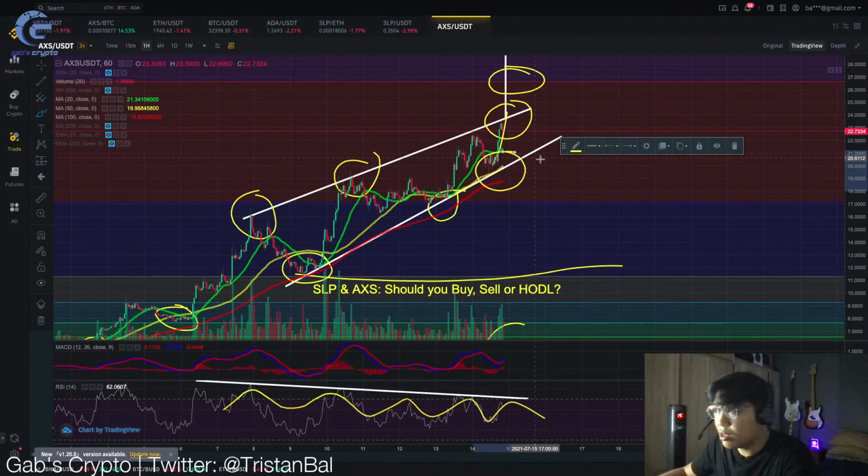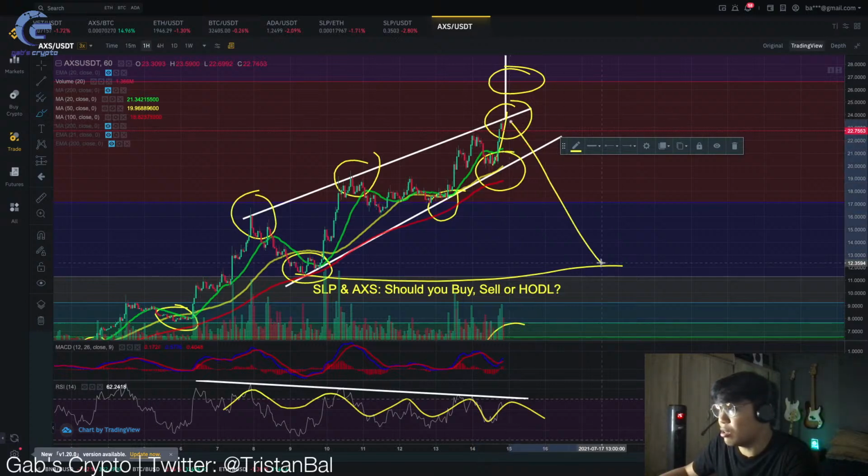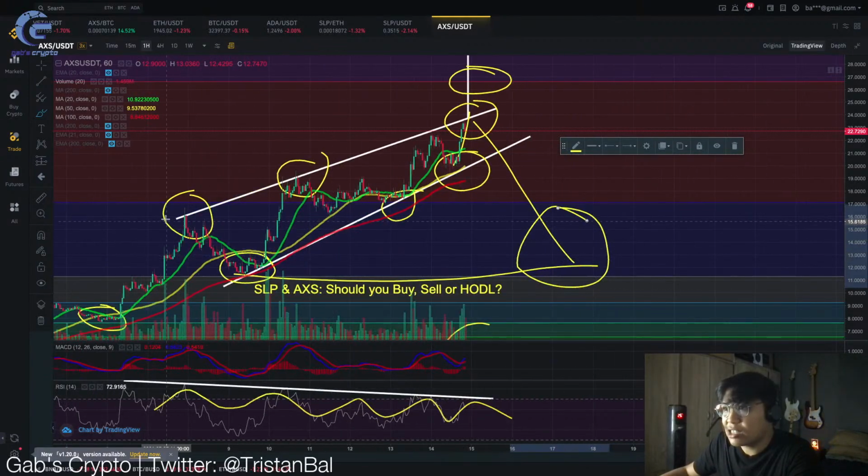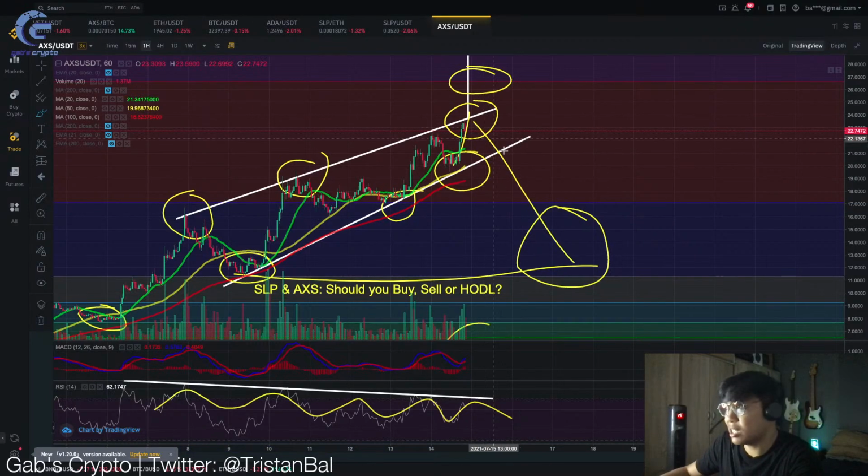At the same time, kailangan nyo i-understand yung mga breakout movement. And if nag-breakdown siya, doon yung kailangan intindihin na dapat hindi na kayo papasok sa kahit anong SLP or sa mga ganitong movement. Pero remember, every time na bumabagsak, this would be the best opportunity. So, if I were you, I would more likely play Axie Infinity during a bearish movement. So, ibig sabihin, pag bumabagsak si Axie Infinity, doon mas maganda pumasok at makakuha ng rewards.